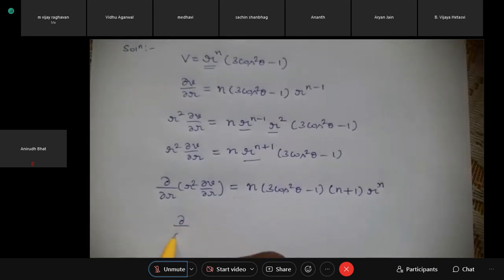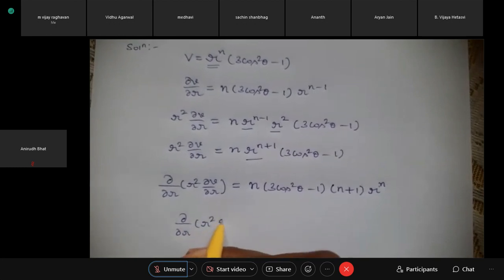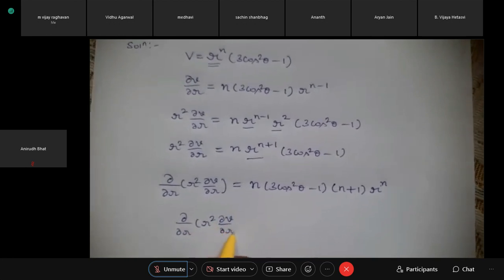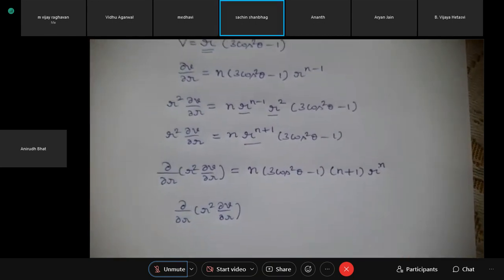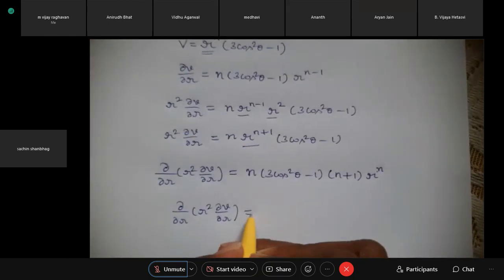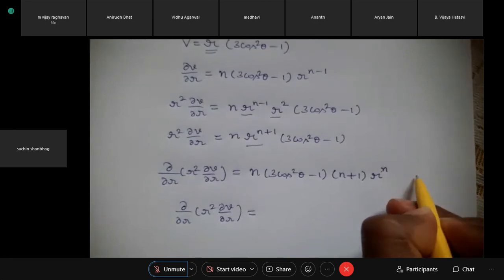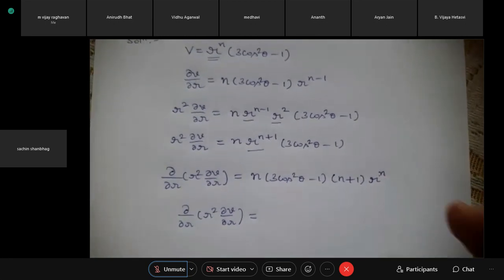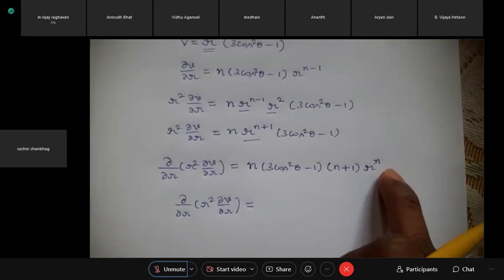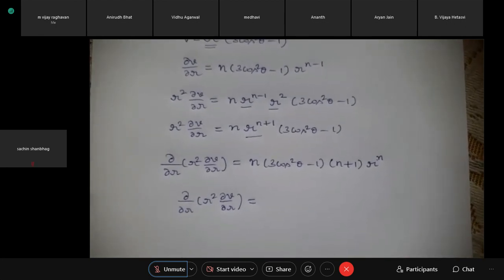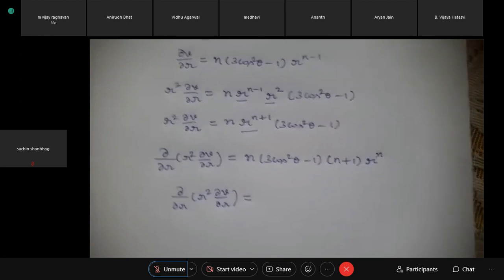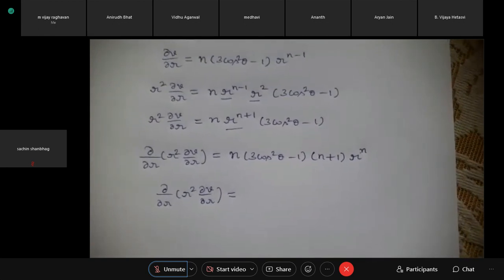Is it correct? Whatever I have written on the right hand side, is it just r or should I write something else? R to the n plus 1? No, sir. It should be r to the n. Correct. N plus 1 minus 1 will be there. Plus 1 and minus 1 will get cancelled. You are going to get r power n, because differentiation of x power n is n into x to the power of n minus 1. Because of that, we will get this result. Fine.